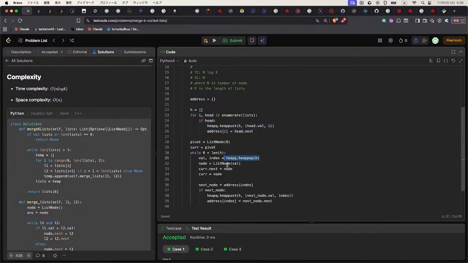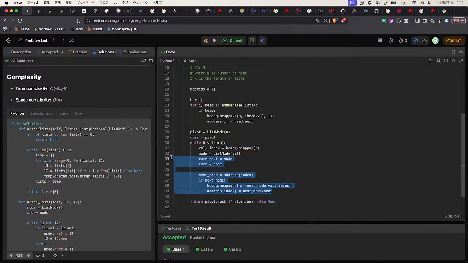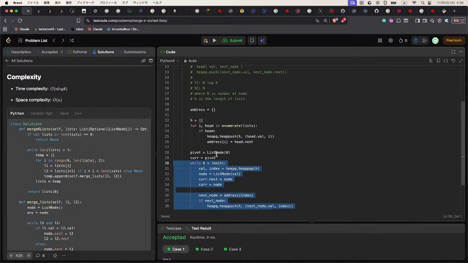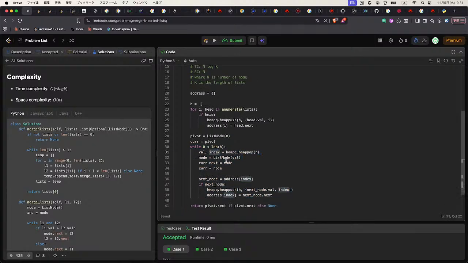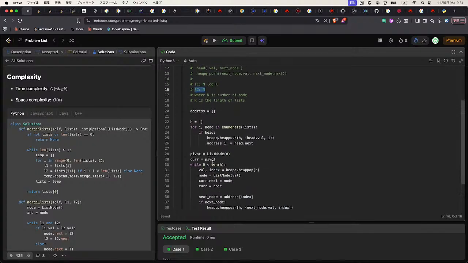So the operation takes log k at the most, and this while loop takes n times at most, because this is needed to be executed for each node. So n log k,